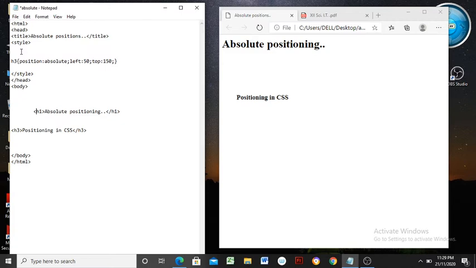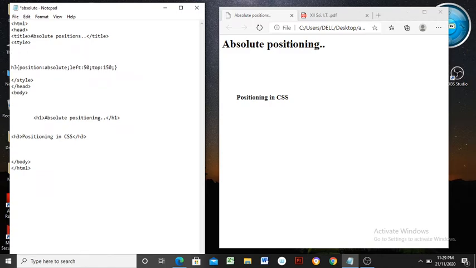So suppose I am going to apply tag B. Within such a tag, one can define the first position. Position will be absolute. There top and left positions also can be defined.